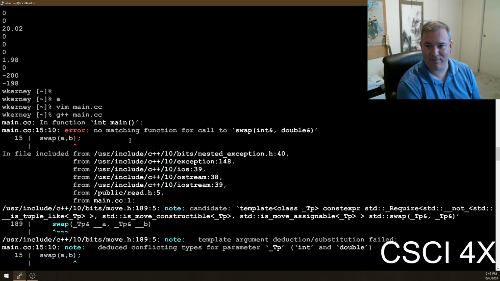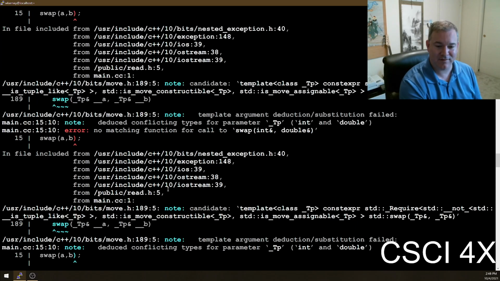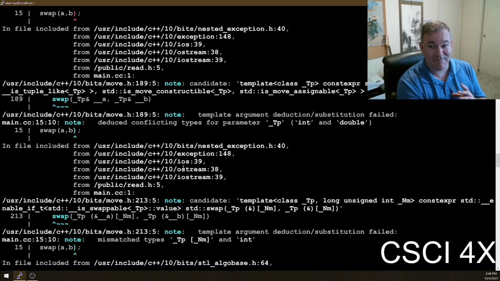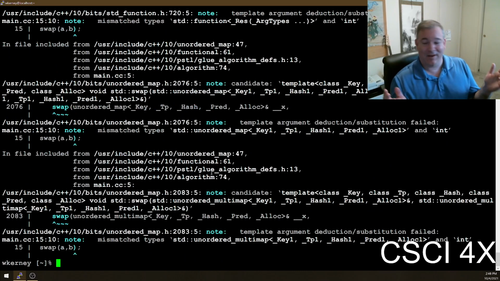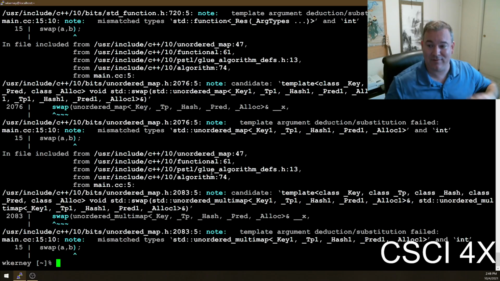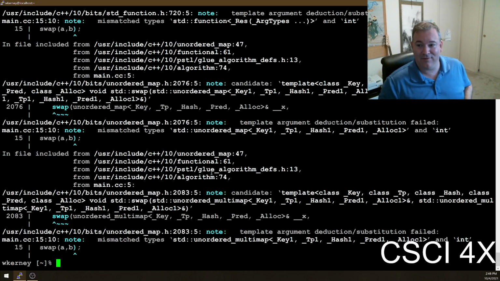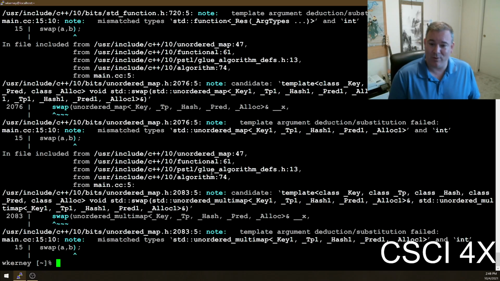Okay, and so what you want to do when you get an explosive error message like that is don't pay attention to the bottom stuff. The bottom stuff is almost always useless. And in fact, all of these notes, anytime you see a note, you can probably ignore it because it is just the compiler telling you things that it tried that didn't work. And the things that it tries are stupid. So dumb that it's actually making me dumber looking at these notes than if I had not seen them. And there's no way, as far as I know, of turning them off. There's a way of sort of mitigating them, but you can't turn them off.